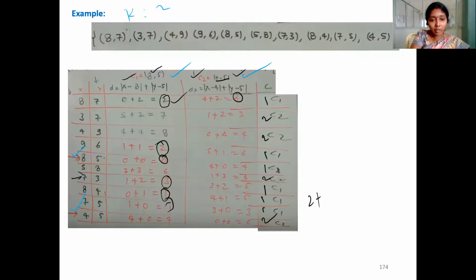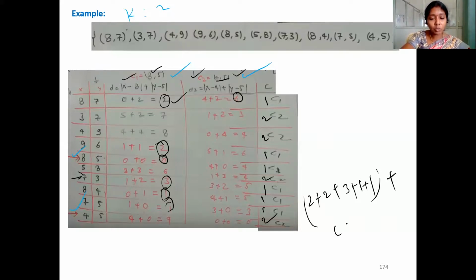So all the highlighted distances belong to cluster 1. We need to add all those first. 3 plus 0 is there, right? 1 plus 1, right? So this is the cost of cluster 1.